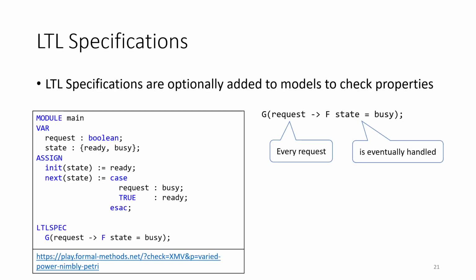So we looked at how we write LTL specifications for models in NuSMV. And we had this example here where we put this LTL formula that globally, if there is a request, so basically every time there is a request, that's what the globally means, this will imply that after some finite time later, we will have the assignment state equals busy to be true. So the system will go into the state busy instead of ready after some finite amount of time or even